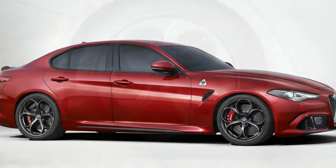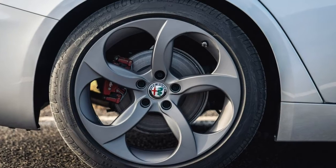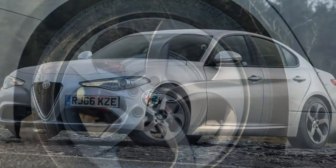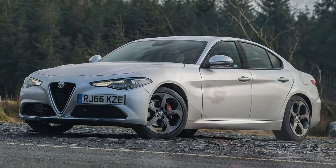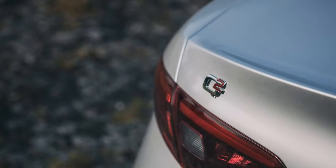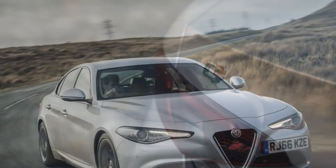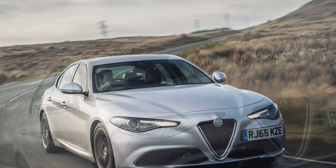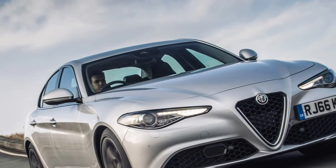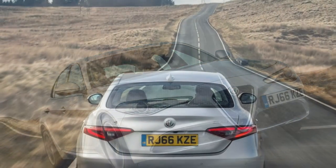Preferable petrol engines. While most UK buyers will plump for the diesel, we preferred the 2.0-litre, 200 horsepower petrol engine. It's keen to rev, sounds more interesting, and it's smoother and better to drive. This develops peak power at 4,500 revolutions per minute, while 330 Nm of torque comes at 1,750 revolutions per minute. The obvious penalty will be on fuel economy, but if you're doing lots of short journeys and not many miles